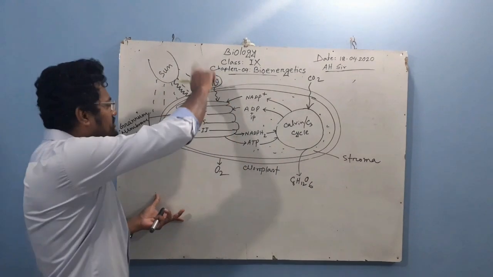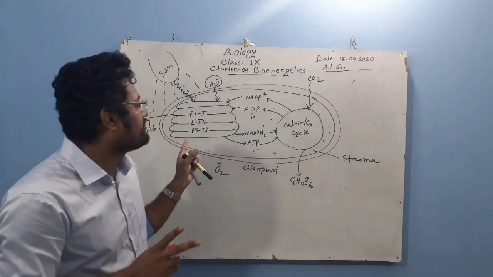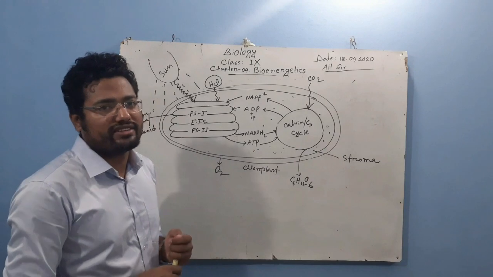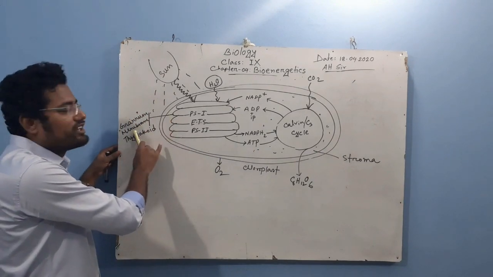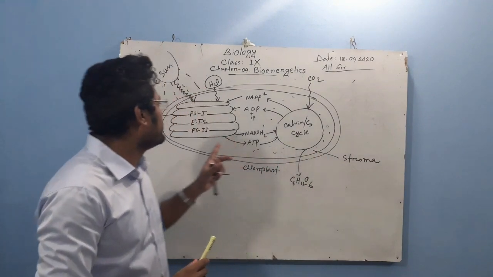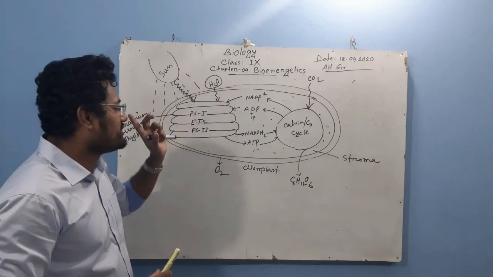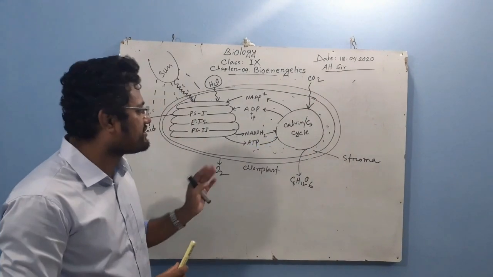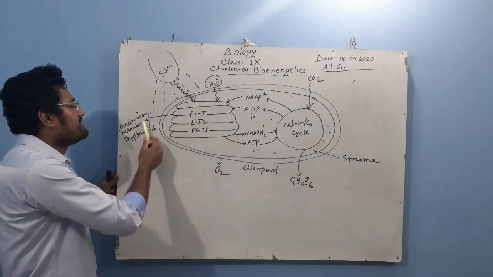Then we know that the photosynthesis process is divided into two phases. Number one, light phase or light dependent phase, and number two, dark phase or light independent phase. The light phase is basically carried out inside the granum membrane, and the dark phase basically happens in the stroma. In the light phase, chlorophyll is needed, sunlight is very much needed, and water is needed. But in the dark phase, only carbon dioxide is needed. Now I discuss the light phase of the photosynthesis process. The light phase basically occurs inside the granum membrane.